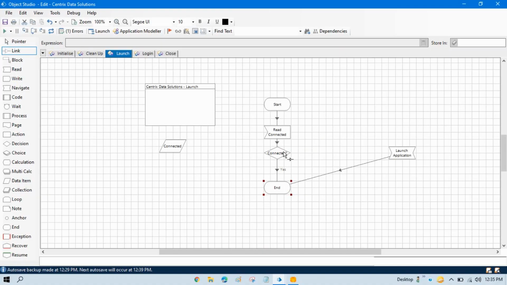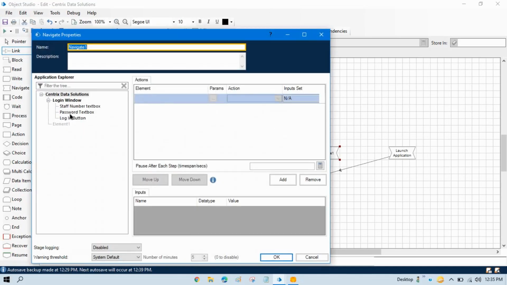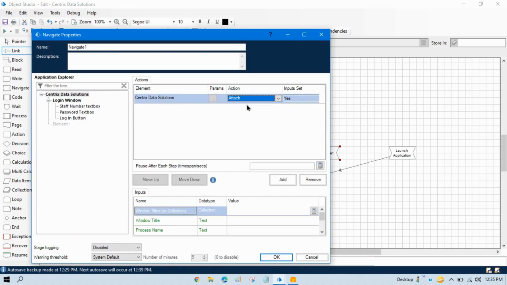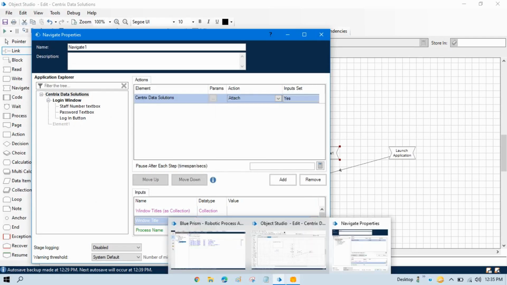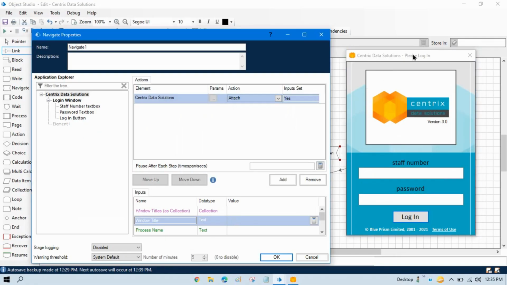But if that is not connected, then we need to attach that. So to attach that window, we take a navigate stage, double click on that, take this top level element, and from the action take attach. And now here we have two options, window title or process name. So either you can pass the window title of the application which you want to attach, or you can pass the process name. If you pass the window title, you have to write the complete one here,